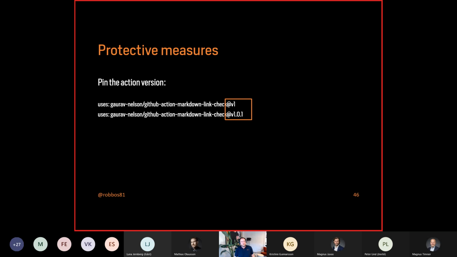It's now new that the UI helps you with this if you're using GitHub itself, that you even cannot store the workflow file if the action version hasn't been pinned. So that's already a good improvement there. At least that way you know that the version that you're using should be the version that you check. But if you use it on an editor on your own machine, then there's nothing really protecting you against adding actions without a version.